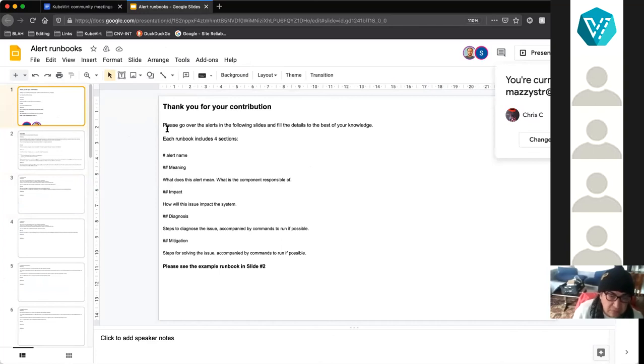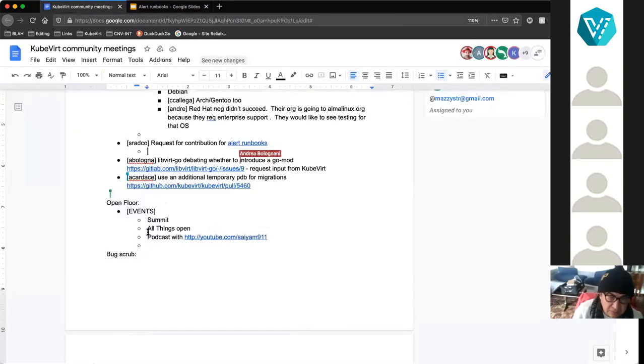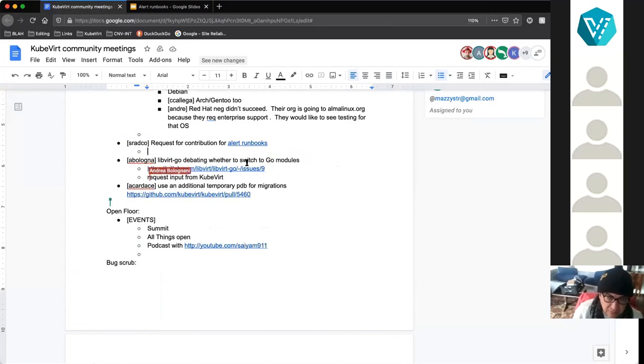Yeah, I think this is really valuable, especially from an operations standpoint. People will find this useful for sure. Definitely. Yep. Right. So if anyone can help with that effort, it will be much appreciated. And that's it. And the policy moving forward is anytime we make an alert, we need to accompany it with a runbook. Yes. Okay.